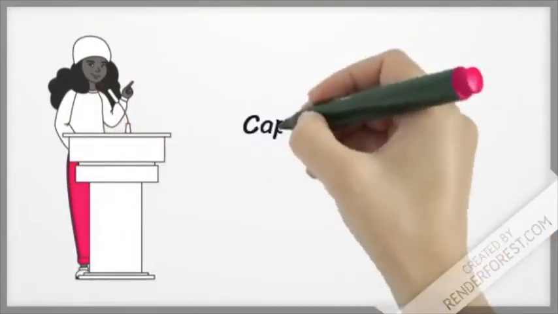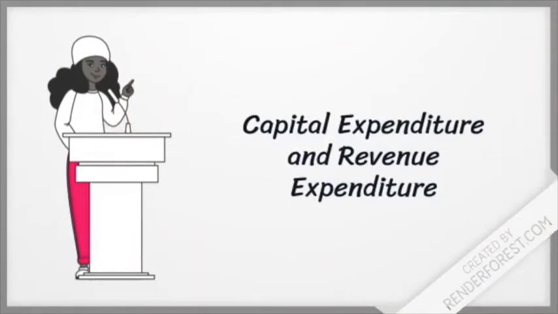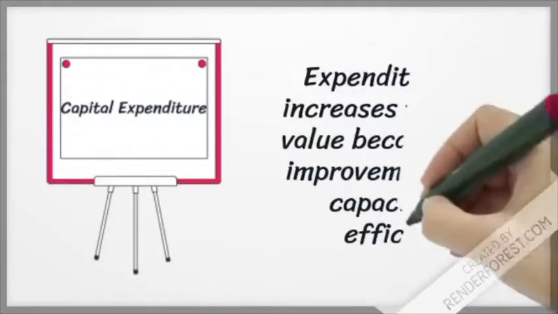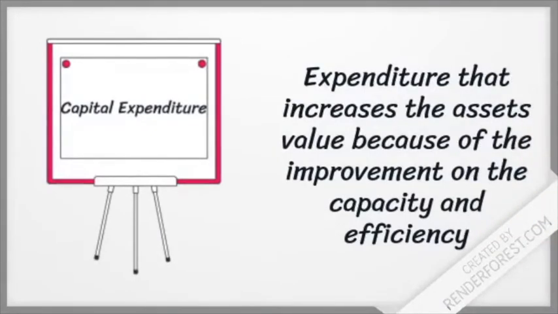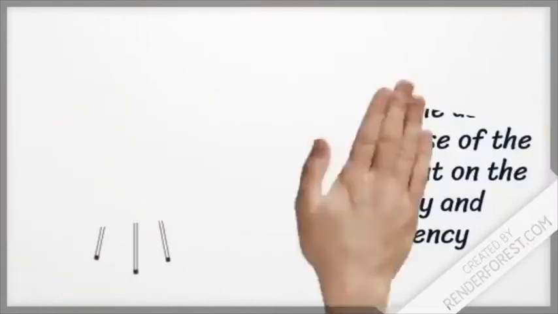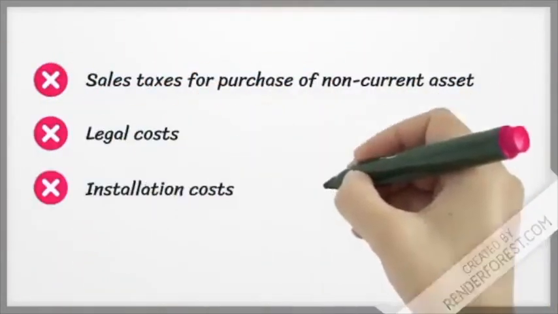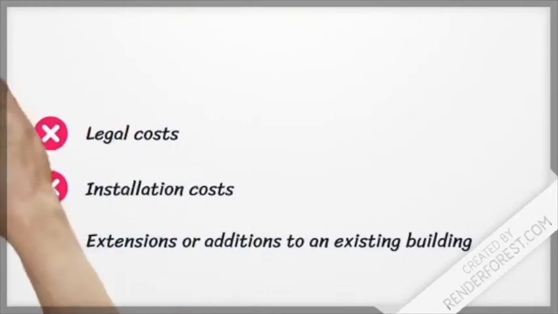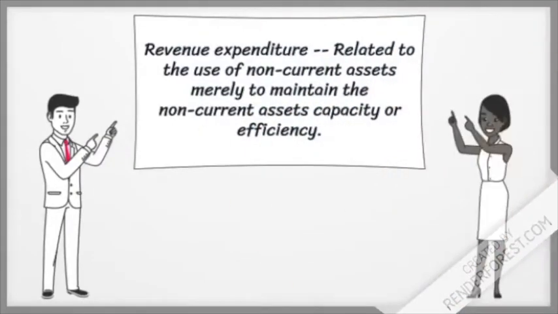Next, I am going to explain about capital expenditure and revenue expenditure. Capital expenditure is expenditure that increases the asset's value because of the improvement in capacity and efficiency. The following expenditures are capital expenditure. The first one is sales taxes for purchase of non-current asset, legal cost, installation cost, and extensions or additions to a building. Meanwhile, revenue expenditure